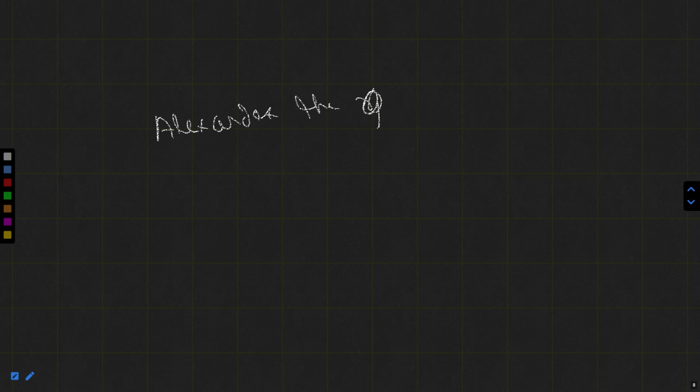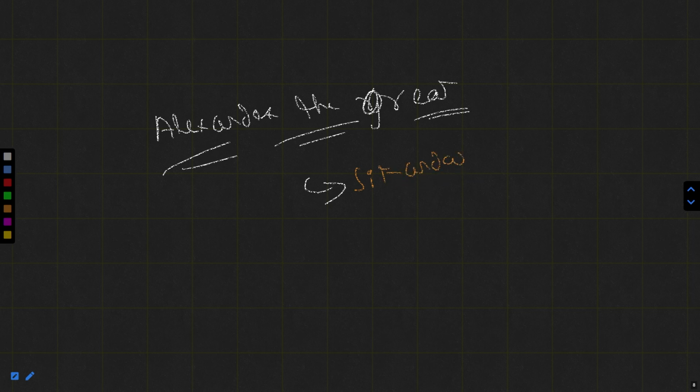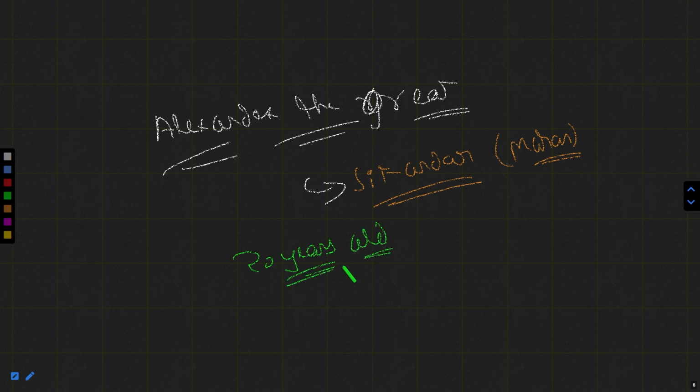Always you have listened to his name as Sikandar, or in some areas Sikandar Mahan. Okay, Alexander the Great was only 20 years old when he launched his global campaign to capture the nearby areas. Okay, in order to do this, he basically came to India, fought a famous battle